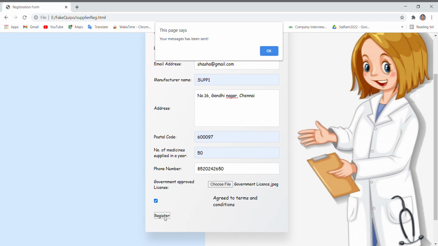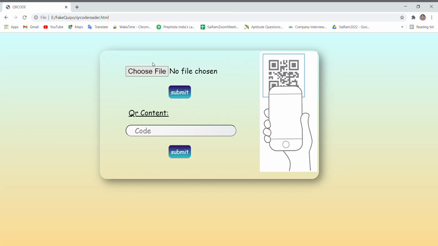So hereby I have successfully registered as a supplier.